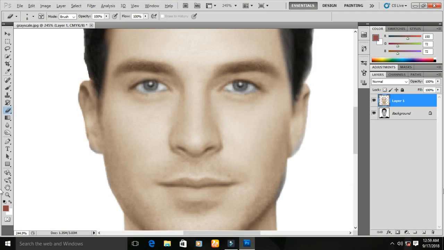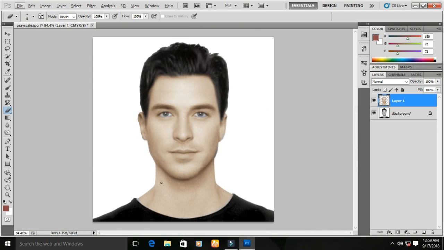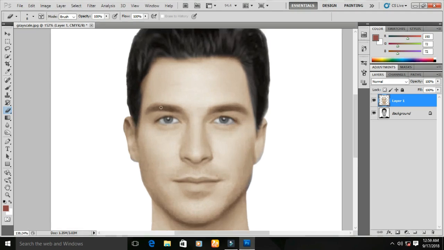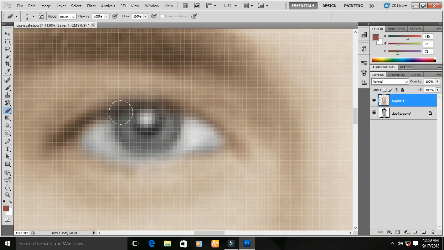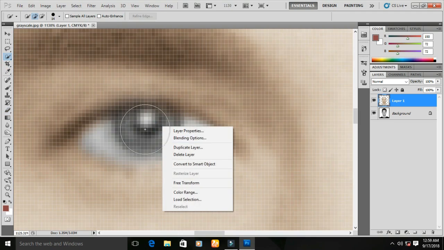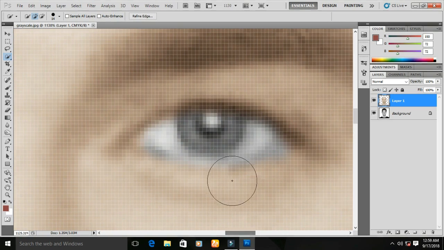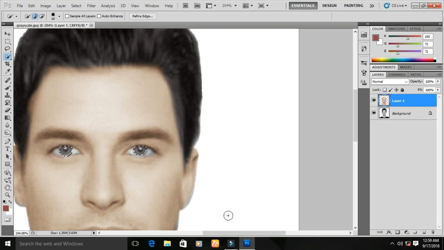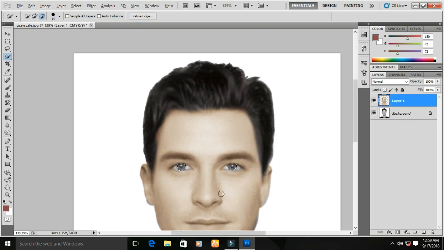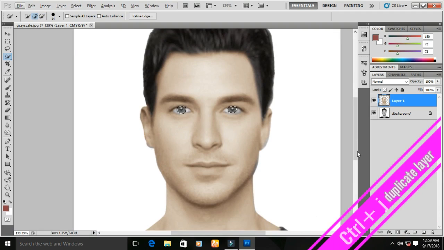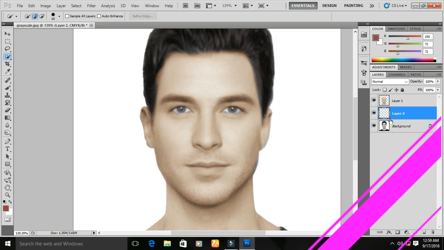Once you are done, you might also notice another thing, that the eyeballs were not in color, they too are in black and white. So we have to convert them the same way that we did for the skin color. You can use the quick selection tool to make the selection very quickly, and then similarly press Ctrl J and Ctrl B. One other thing I have to inform you is that you can convert any of the colors using this function. Press Ctrl J and then Ctrl B,